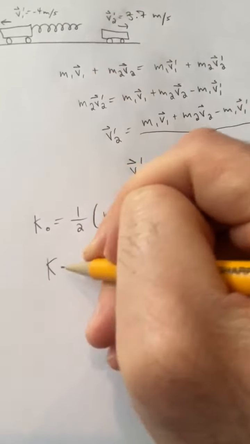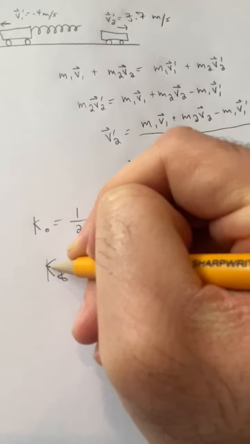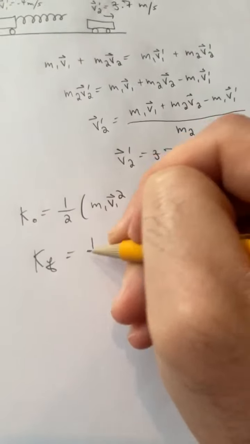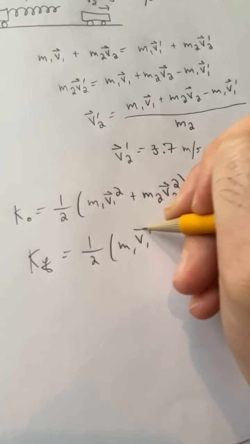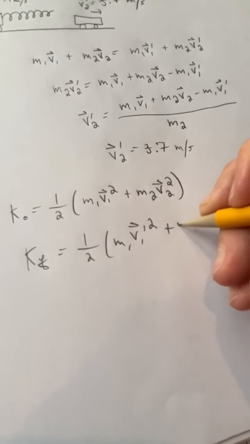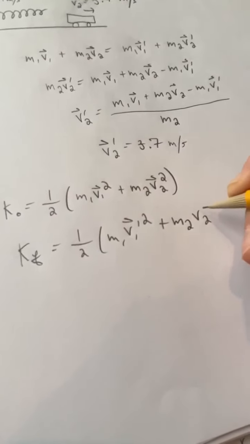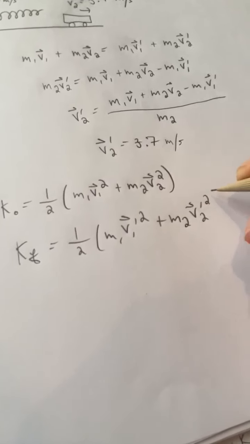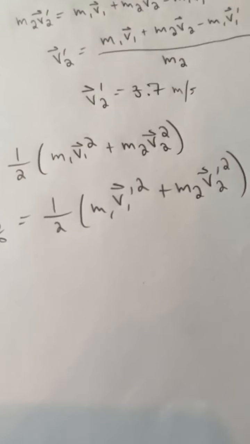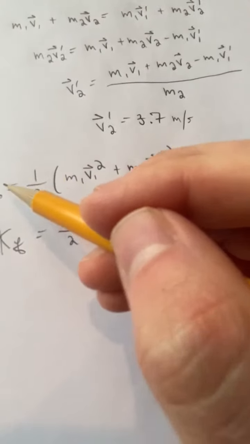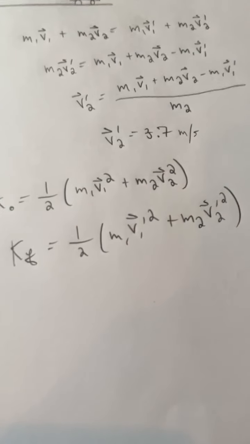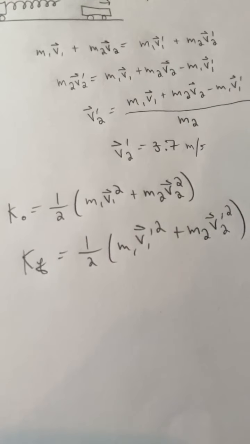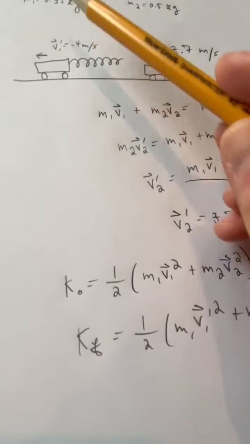And then the final kinetic energy is going to be 1/2 (m1 v1 prime squared plus m2 v2 prime squared). And so if we just subtract the initial kinetic energy from this final kinetic energy, we'll get the change in kinetic energy in the system,